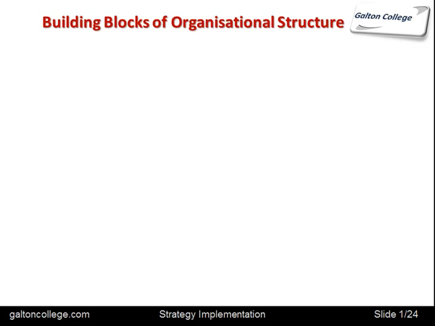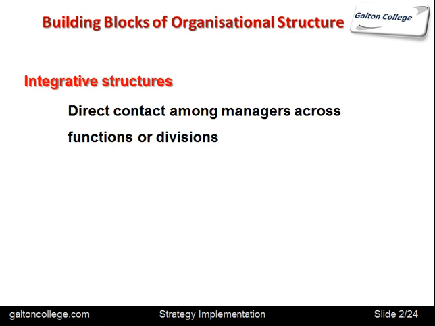This class will focus on strategy implementation. Now, to start, we need an integrated structure. That means there should be direct contact between managers across functions or divisions. In other words, the marketing manager should speak to the R&D manager, who should speak to the accounts manager,